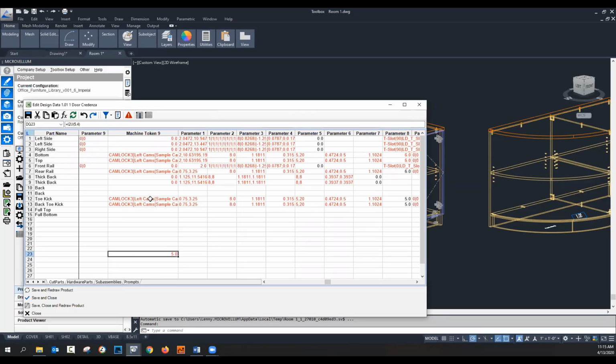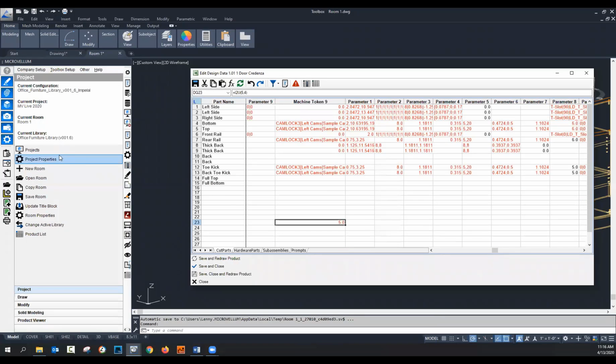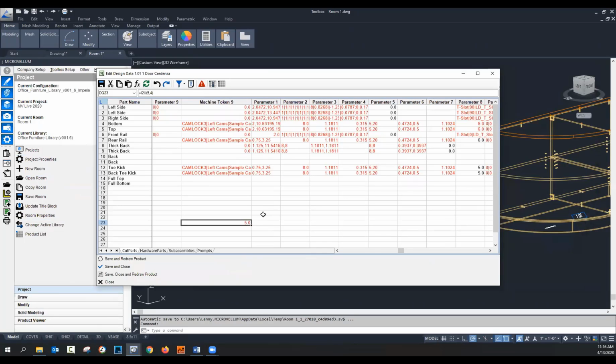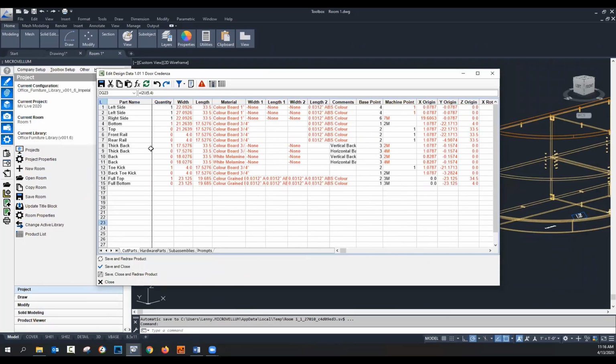So basically, this is called Edit Design Data. You can get to it; I have a shortcut right here. I think it's under Modify if you don't have a shortcut for it. It's useful for the basic formula edits, adding prompts, moving parts around, deleting parts, or making quick edits, or just lightweight work. For some of the more advanced,